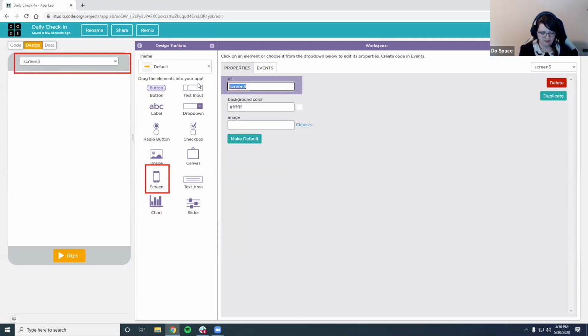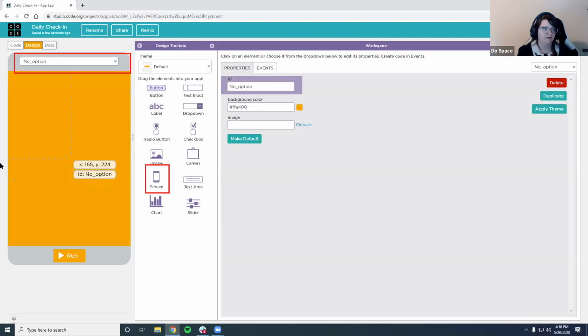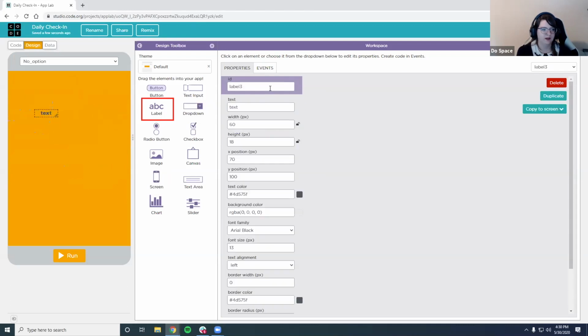I think I'm gonna name this one no option. And changing the background, yellow, I'm just changing up the colors. And then I'm gonna grab the label. That one right there, label, dragging it in. And I'm just gonna enter text saying, go do something